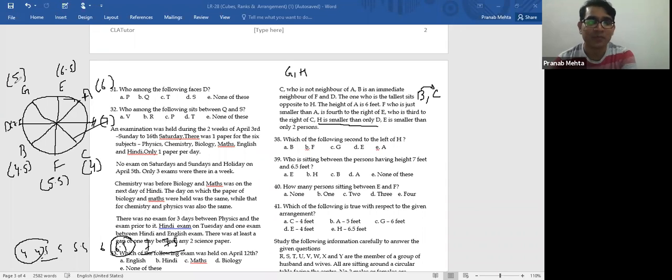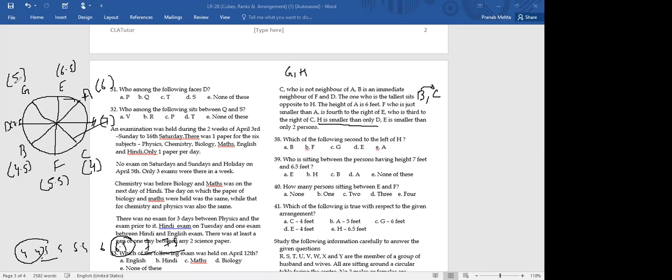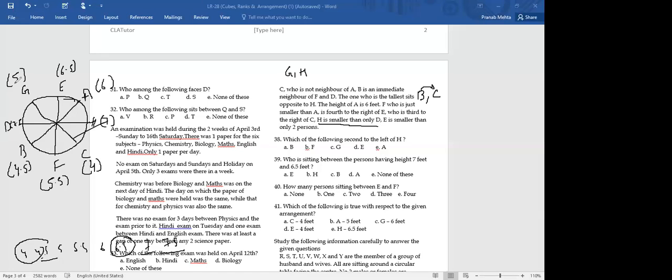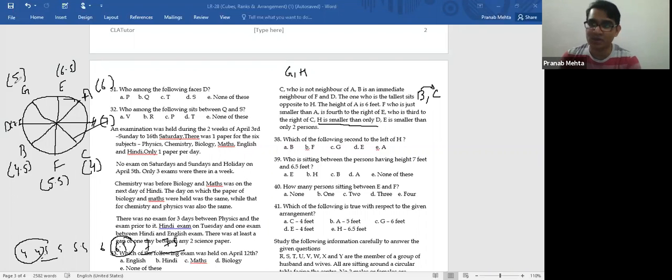Anyway, good. So have you understood this? Now look, this kind of question, where there are multiple data, you are going to attempt only in the end. That is the first learning. Second learning, I can assure you in complete reasoning, you won't get more than one question of this type. Usually the CLAT paper won't give you this kind of difficult question. If at all they are giving, don't get tense. These kinds of questions are time taking. You need to have patience.